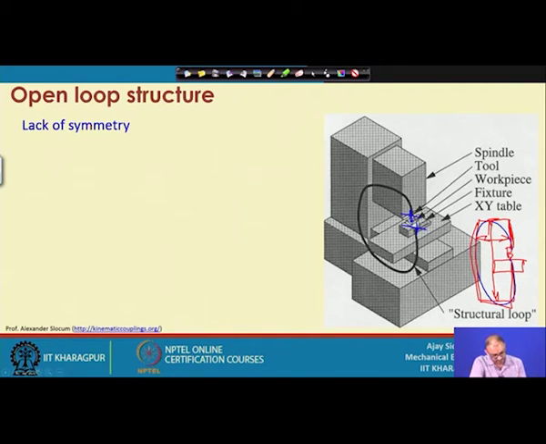Symmetric structure means that when you do machining, at that time this location is here, but at this particular location nothing is there, and all the things are located on one side, that is on the right hand side. So, if you consider this one as a center and see from this direction, this is equally divided over the whole part. So, consider this is the one part, but if you see from this particular direction, this whole thing is an overhanging part, right. Overhanging part is very problematic when you are working with micro machining or micron range dimensions.